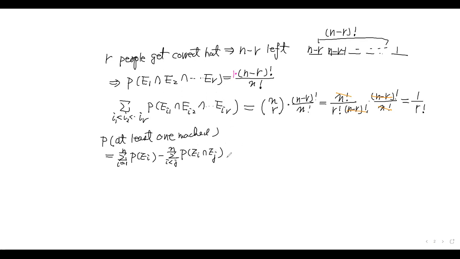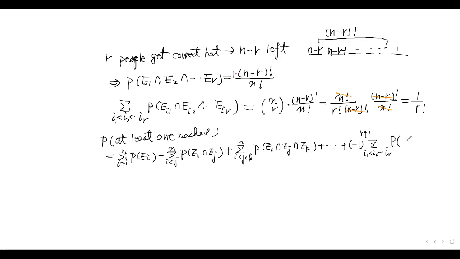Then we go all the way, and the next term is a plus, with i less than j less than k, and P(E_i intersect E_j intersect E_k). Then you go all the way till the last one, which is (-1)^(r+1) times the summation over I1 less than I2 up to IR,